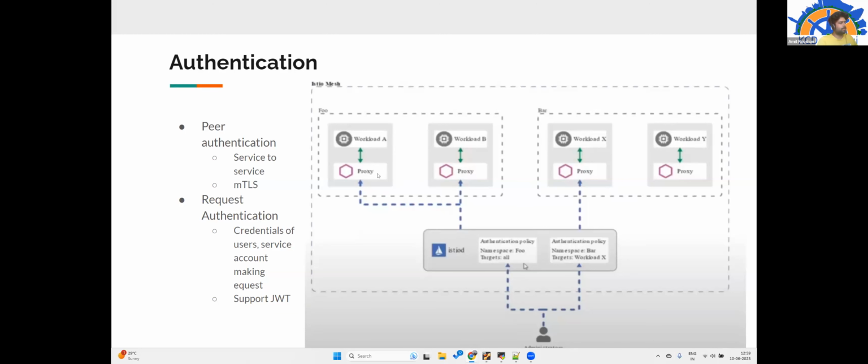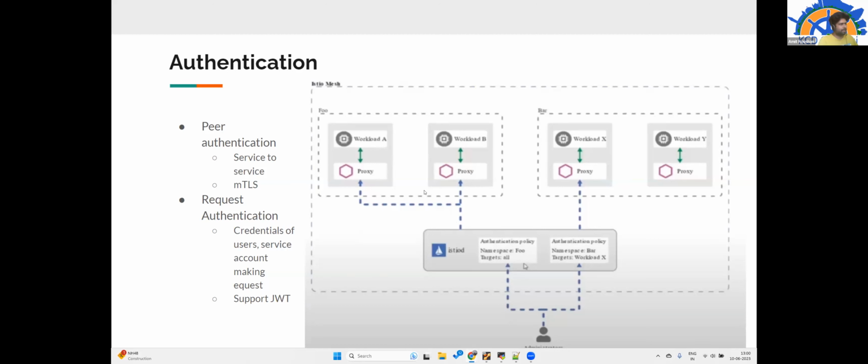The proxy sends a CSR, a certificate signing request, to Istiod, and Istiod issues a certificate for each and every workload, which is the unique identity. The certificate itself is a unique identity for each workload. The unique name differs for each platform; for Kubernetes it is the service name. So the service name is the unique identity for that workload, and for that same service name a certificate is generated by Istiod through the CSR.